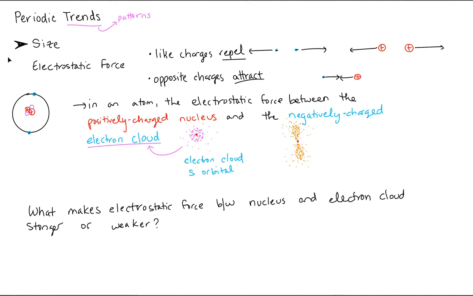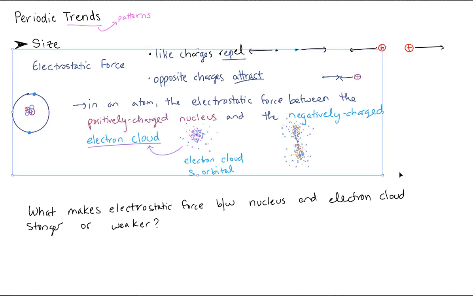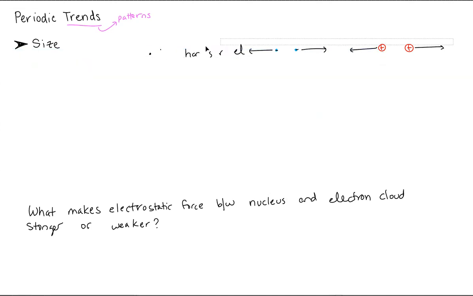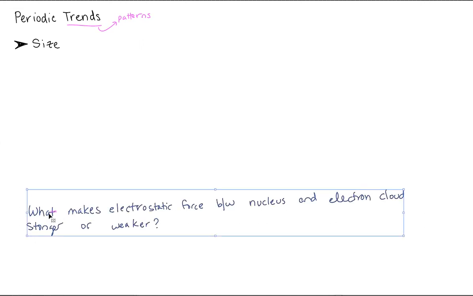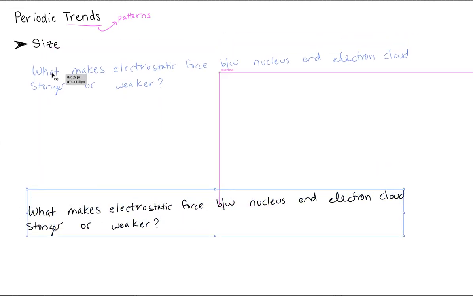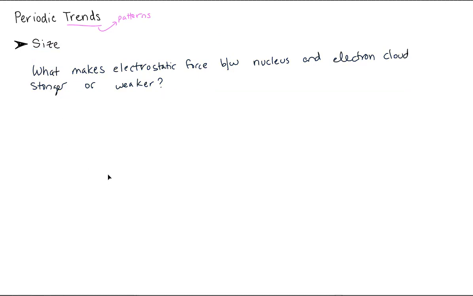I'm going to erase all of this so that we can start examining this question. This is our question. If we can figure this out, we can figure out why we see the size trends that we do in the periodic table. So first, when we're looking at electrostatic force, one thing we do know from electrostatic force, that's what this represents here. Let me write that. This is just our electrostatic